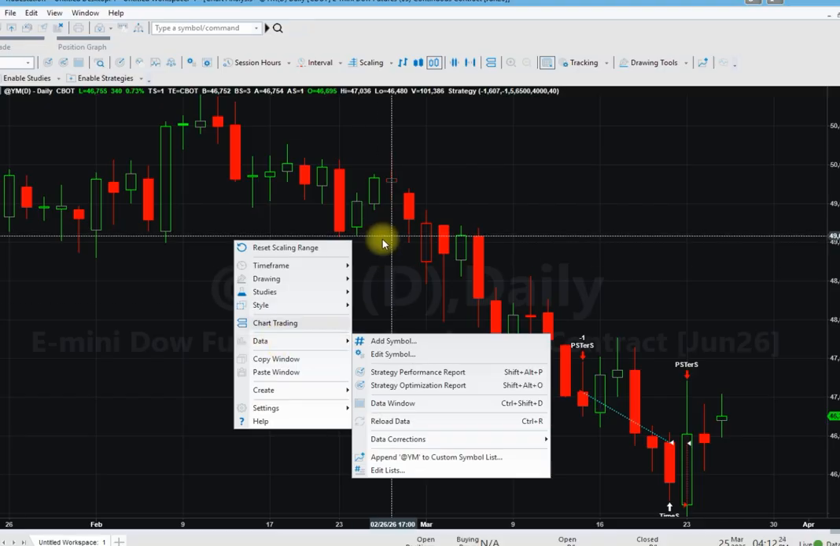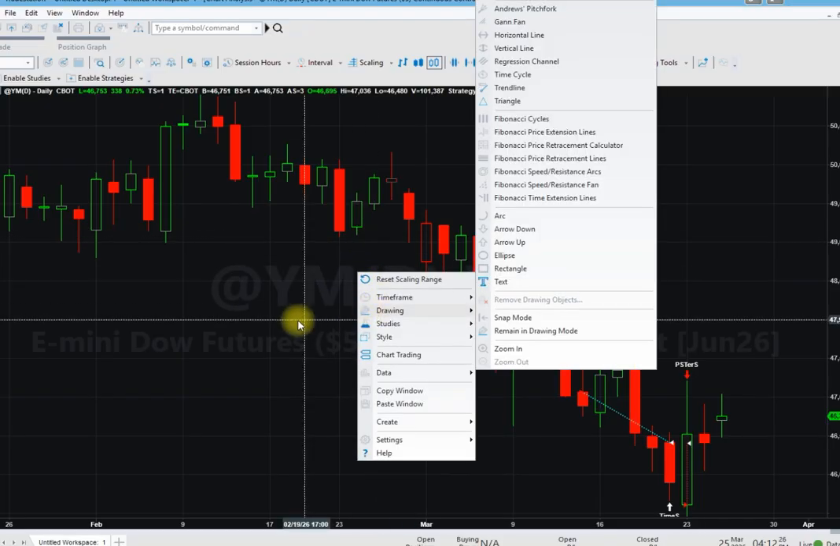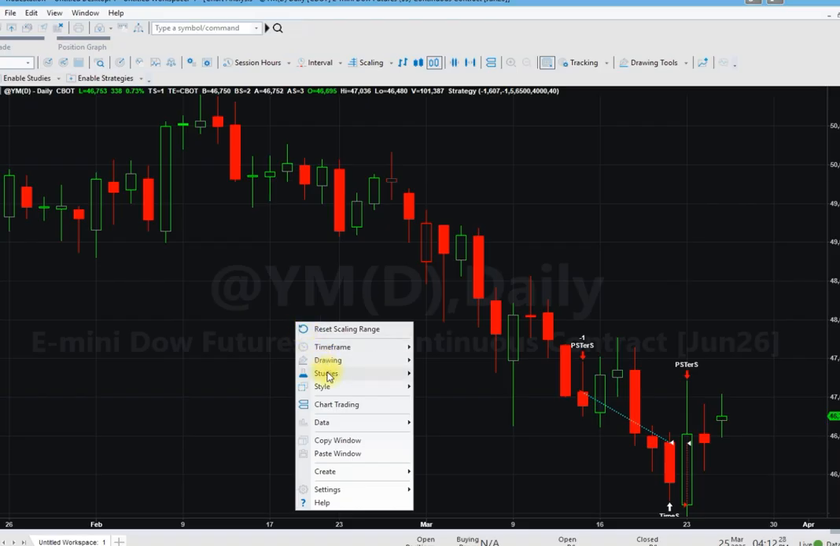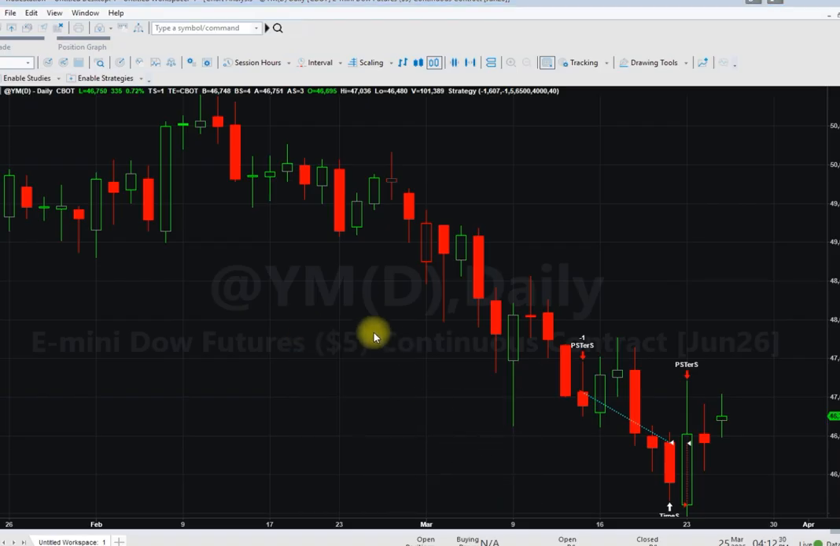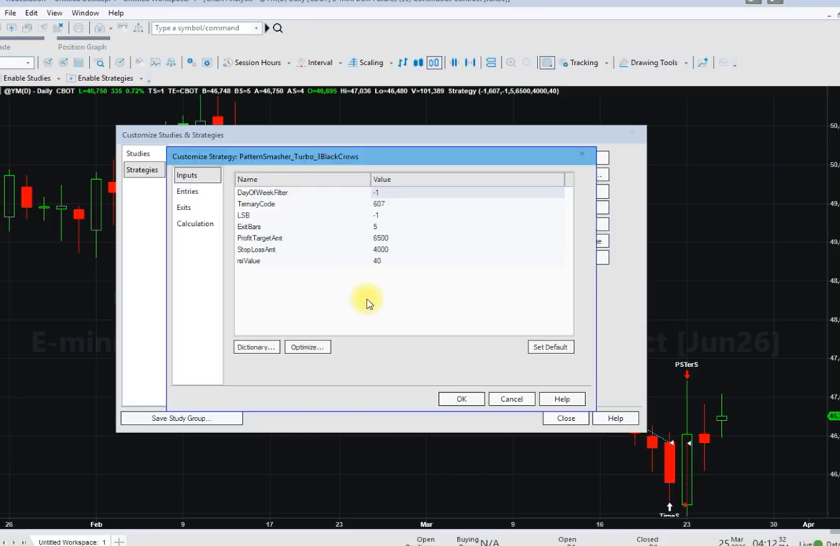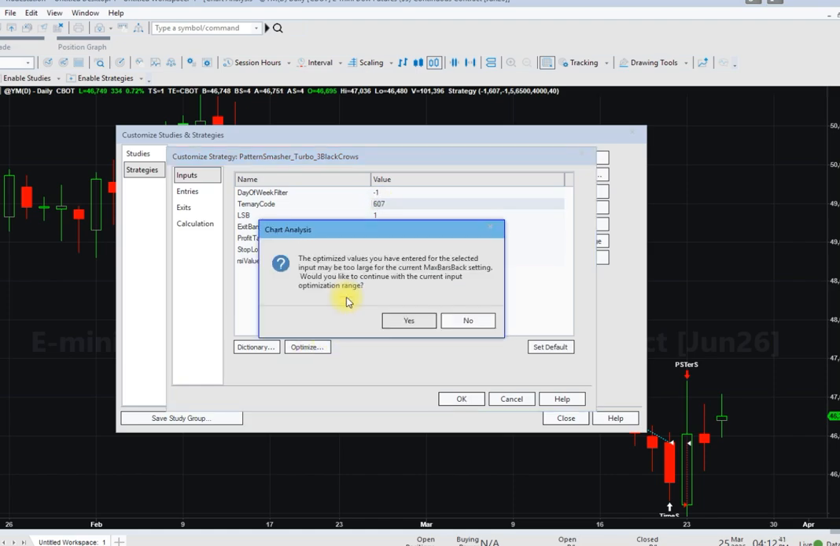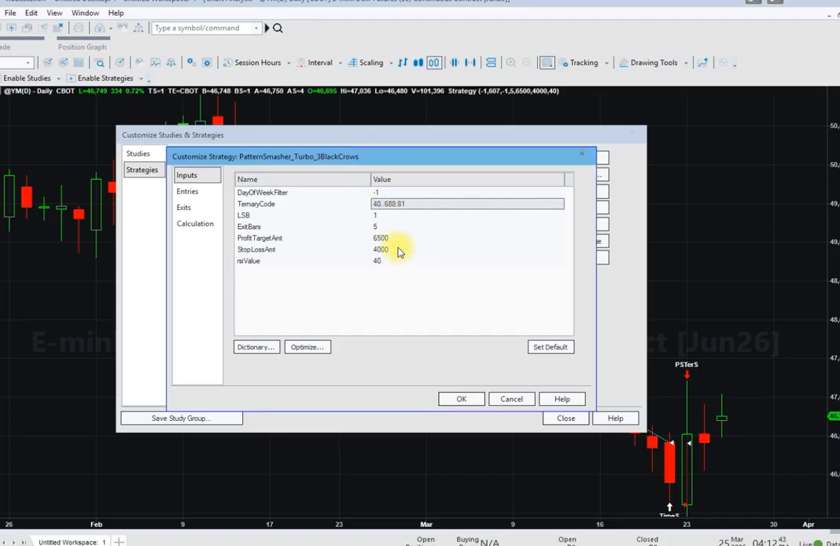So what I want to do is optimize. Let's do this for laughs and giggles. Let's go ahead and edit the strategy. And I'm going to optimize three black crows, but instead of going short, I'm going to go long. And why not? Let's just do the ternary patterns from 46.8 to 40, from 40 to 680 by 81, exit bars, profit target, and let's do the RSI